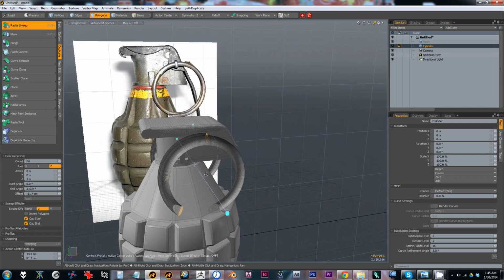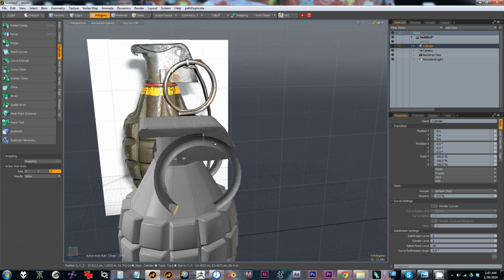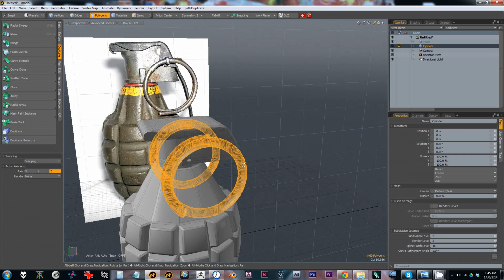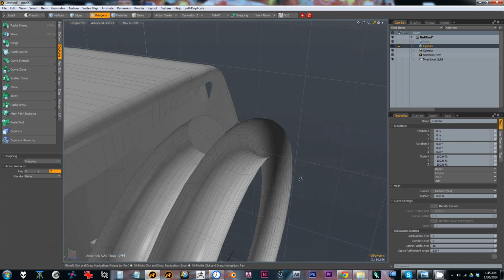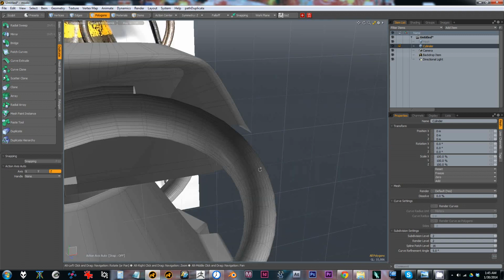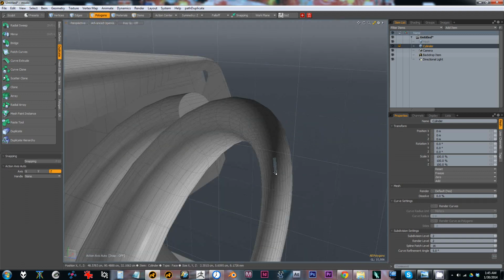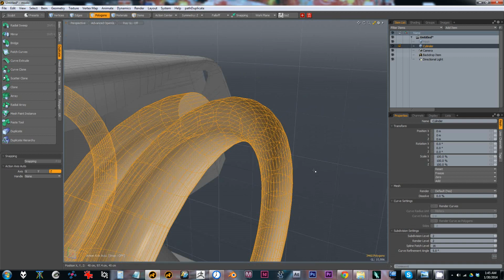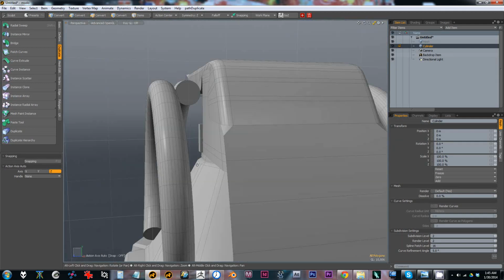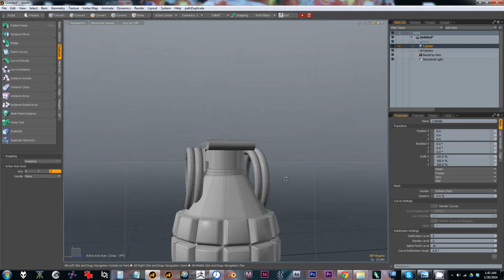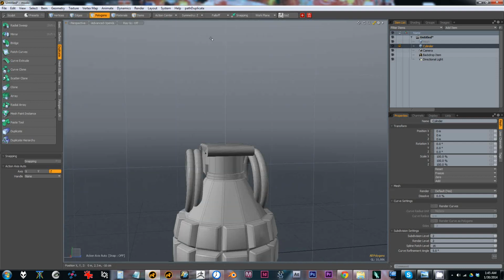Okay, so that's good. Now I can double click this thing. See how it looks like it's inside out right now? So all the polygons are flipped inside out. So I'm going to double click it, press F to flip, and now they're right side out again. Another thing is I want to delete this other side, so I turn off symmetry, double click that, delete it,